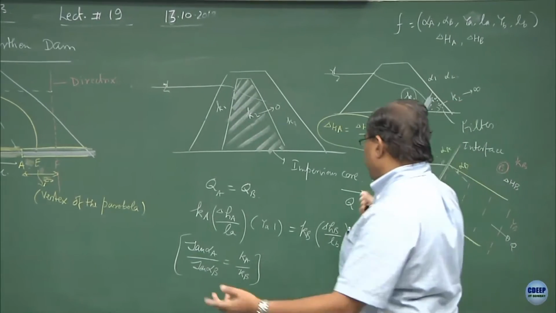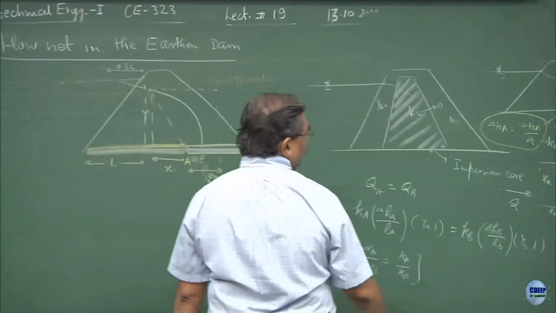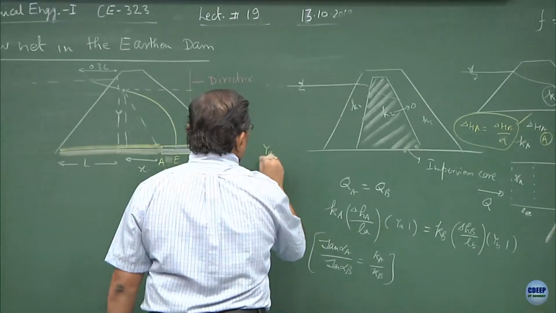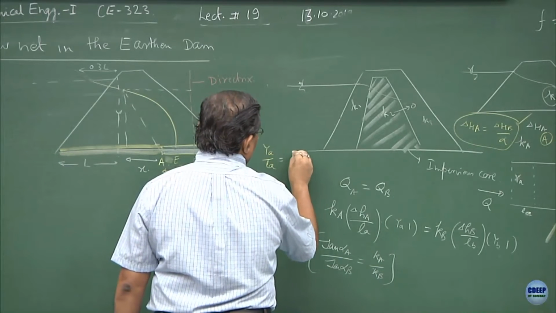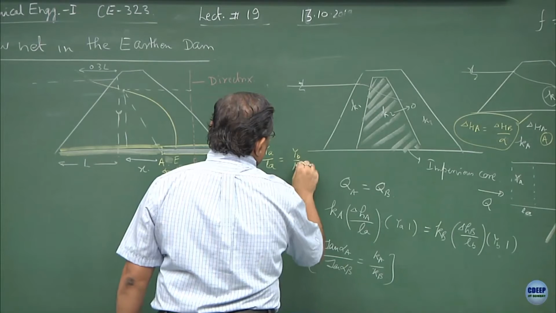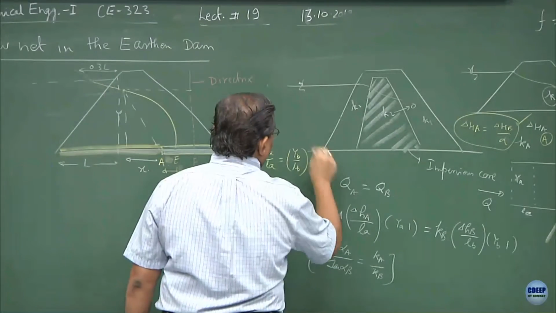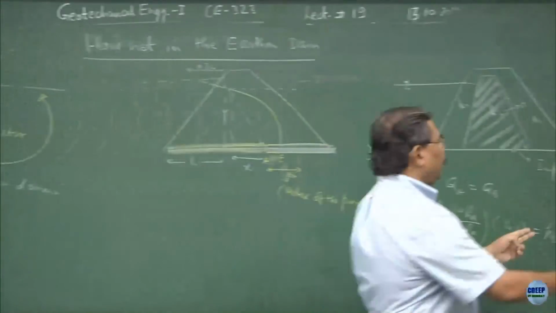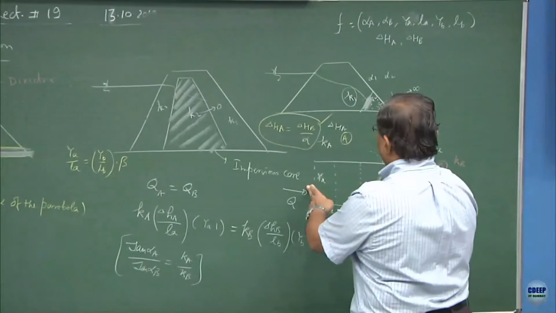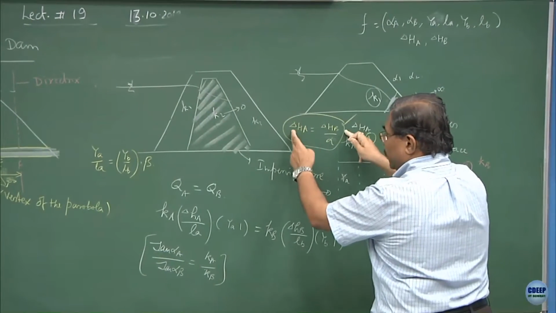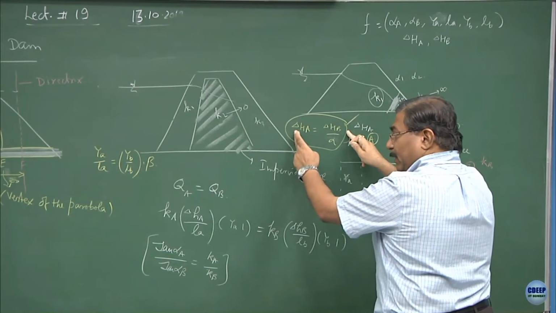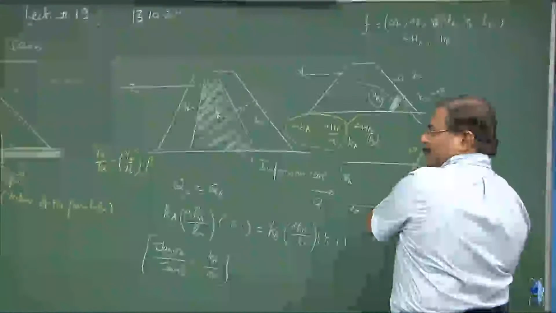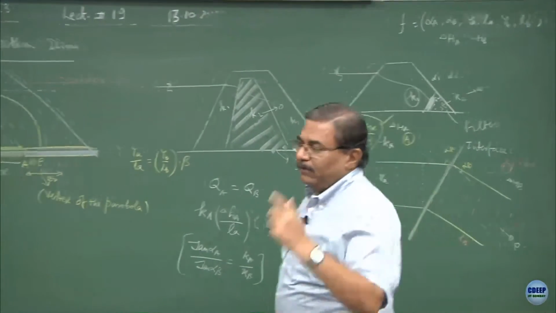clear. The second way of doing this would be the geometry of the system. So, I may say that YA upon LA is equal to YB upon LB multiplied by some beta. This is my choice because this is a geometry. I can control the geometry of the flow, or I can assume the distribution of the heads across this point. Ideal situation would be if you keep the head constant between this and this, there is no problem. That is what actually we have done in this case.